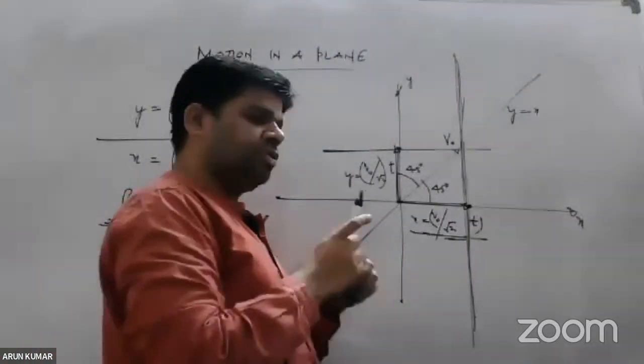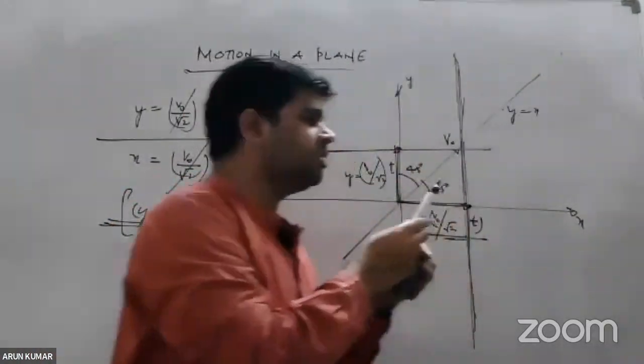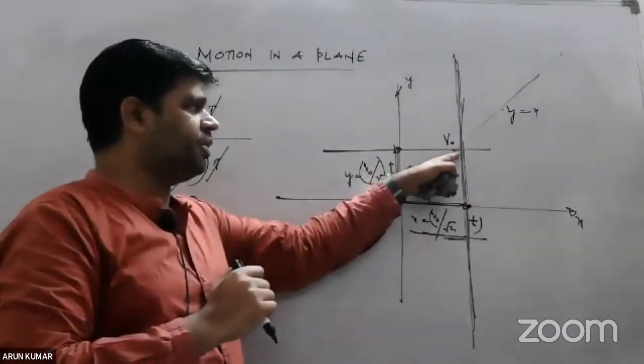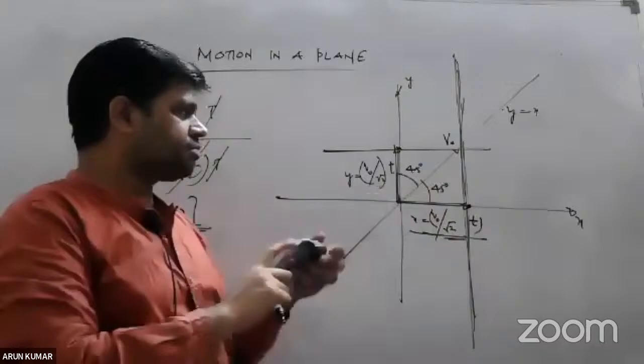But how is this particle moving? Horizontally, we're holding this rod. This particle is moving vertically, holding this rod. The intersection of these two rods is a point along which this